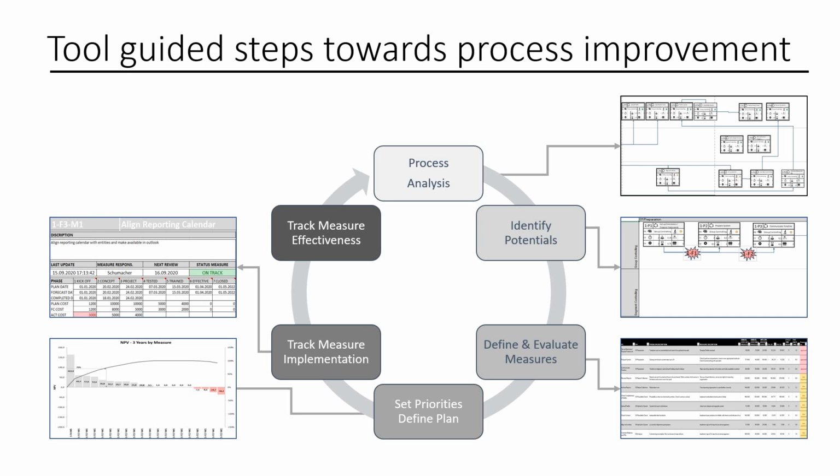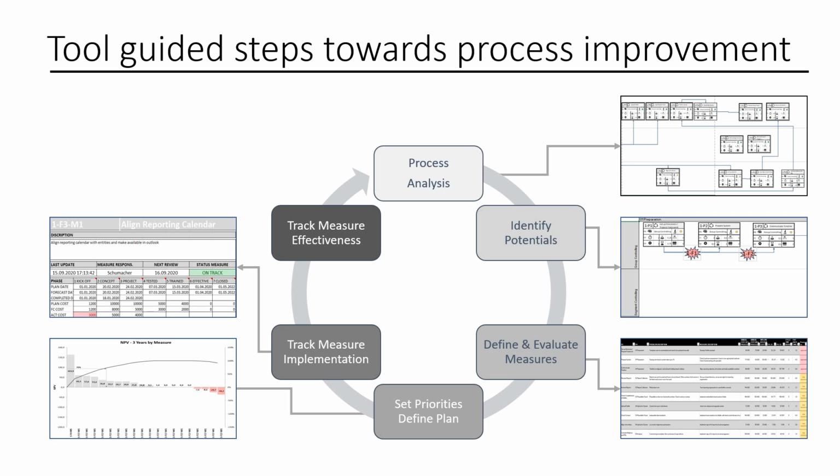In a nutshell, it is important to track your implementation progress, and this has to be done with a concept. Setting up the concept yourself will take another time, and coming up with a consolidation logic that puts it all together and gives you, as a project leader or project manager, a nice overview of where you're on track and where your budget is on track and where not, is somewhat of a hassle if you have to do it manually. So this is provided for. All you have to do is click one button and you have the full reporting.